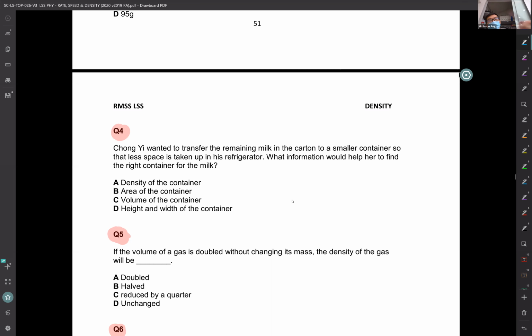So to me, it seems like the carton is too big to be put in the fridge. Maybe because of the size, maybe because of the height, and so on. But would you agree that whatever volume you have here, even after you transfer to the smaller